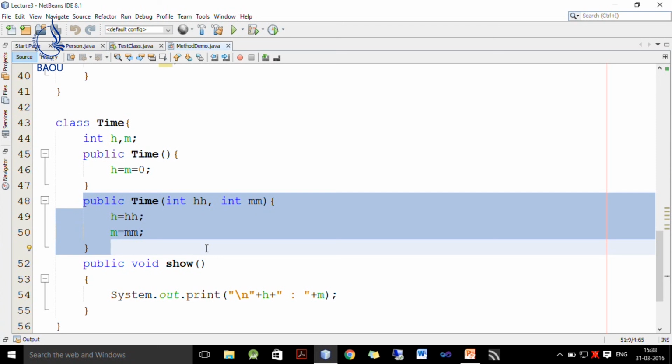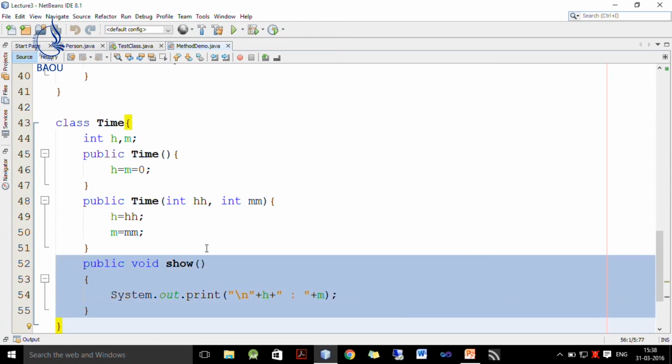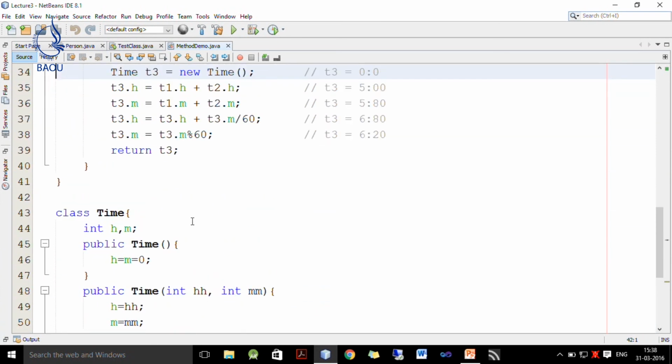So, here h represents hour, m represents minutes. So, h is initialized with h and m is initialized with m, and this show function just displays our time in hour colon minute format. So, show just displays the values of h and m which represent hour and minute. I hope this Time class is clear for you.